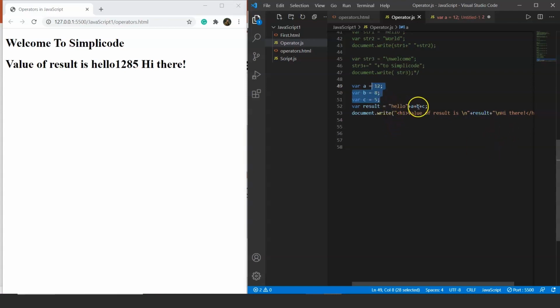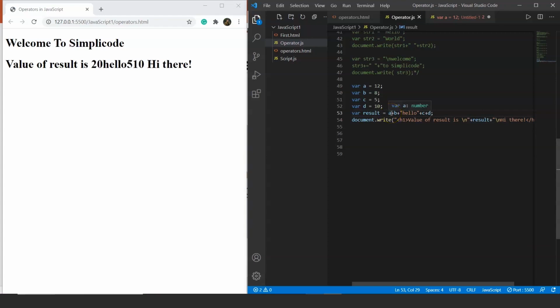Now what we'll do, we'll remove this string from here and we'll add it somewhere else. Let's say we are adding it here. Let's add one more variable to make it more clear. Let's say we are using variable d and the value will be 10. And we'll perform a plus b before the string and then we'll perform c plus d, right? So here you can see when you save it, it says 20 hello 510.